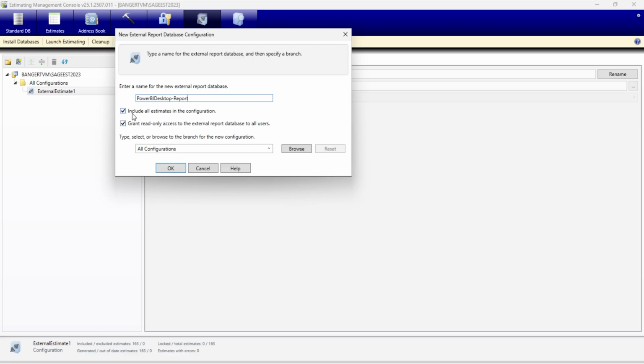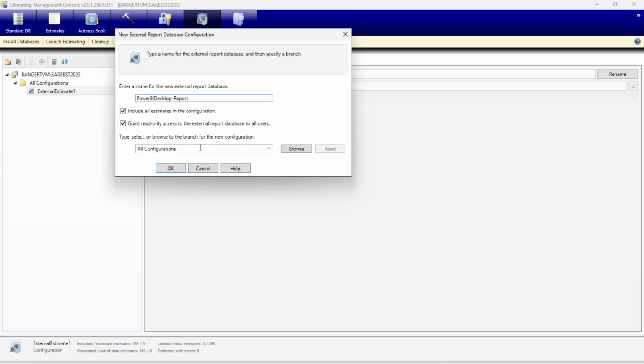The main thing to watch out for is that for some of the clients that have estimates out there for the last 20-some years, it might take a while to generate it. Do you want to generate read-only access to the journal to these external reports for all the users? Which is really all I'm doing at this point, the ability to pull reports and read information. In this case, I'm going to say yes, go ahead and let all users do it, but that's where I could go through there and limit what users.